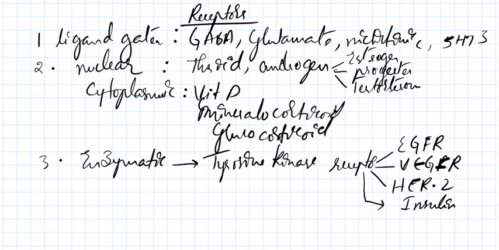Very important, insulin receptors. Doctors, please remember, insulin is a tyrosine kinase type of receptor, which is an enzymatic receptor. Insulin receptors are tyrosine kinase receptors. Now another example is insulin growth factor, right? Now another one is toll like receptors. Toll like